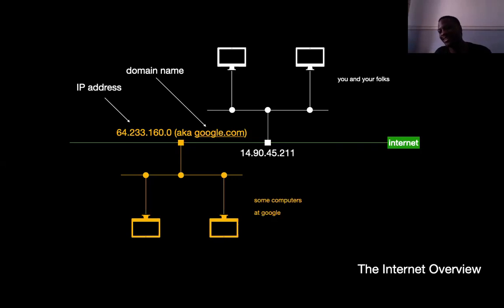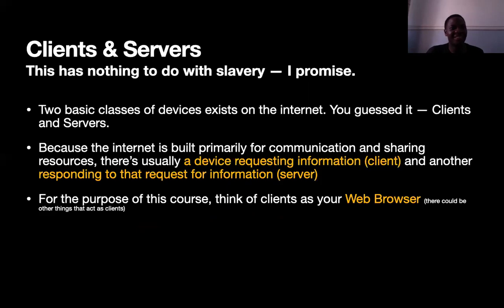So I would like to think that the internet has a beginning, that it started somewhere, with people trying to share information between each other, but most likely will not have an end, because it is decentralized. There is no one place, no one company, no one organization that is in control of the internet. So that being said, let's move to clients and servers.